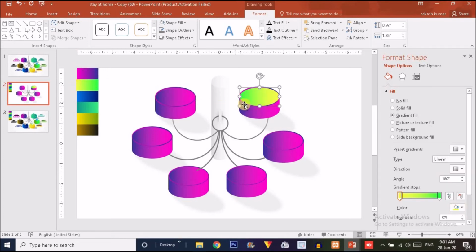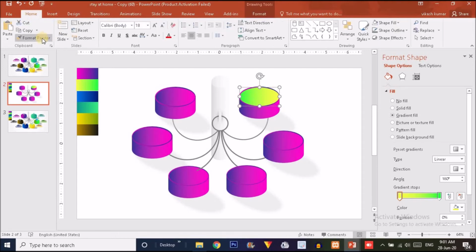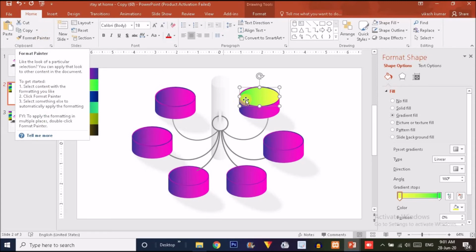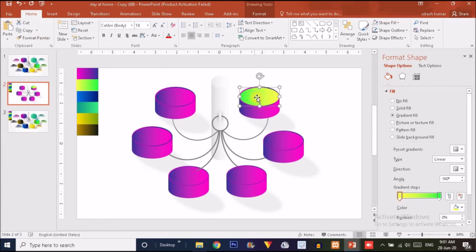Okay, so now when you click on the home, you will find a format painter option over here. So just keep clicking on this shape which I have filled right now, and click on the format painter option over here and click on this shape. Again drag it like this, click the format painter option and click on this shape, so that it will automatically fetch the color.